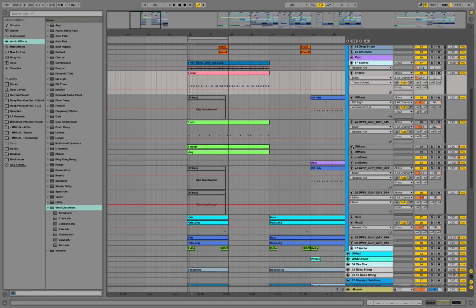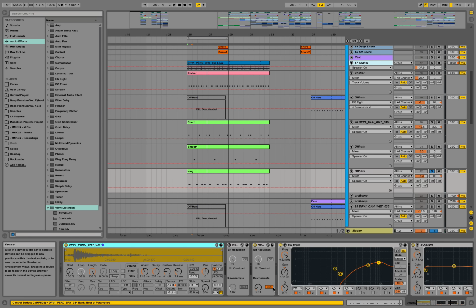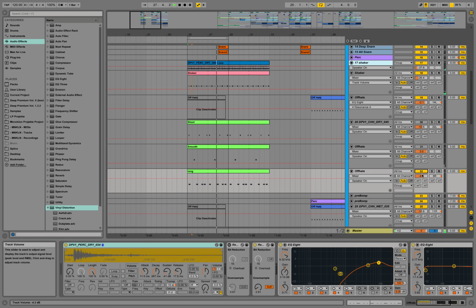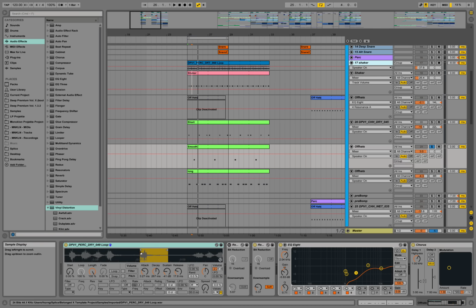And we have a couple more hi-hats over here. That one has quite some bit reduction going on. And what is this one doing? It's also a part of one of our loops here. Just like this robbing. And we have